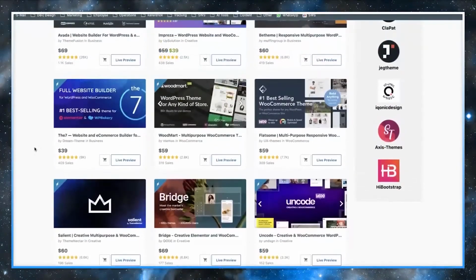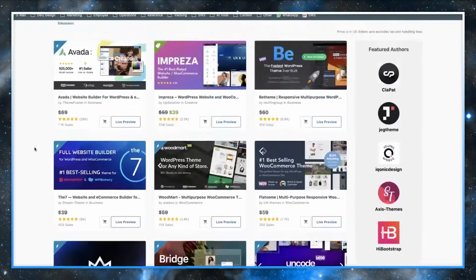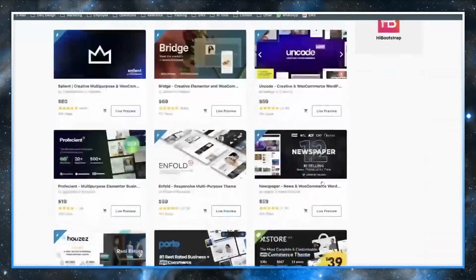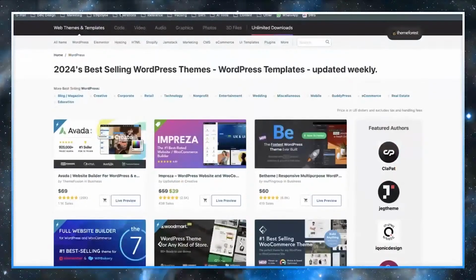Look at their designs and just start asking yourself, okay, cool, I kind of like this element here. I like this here. I like this there, and so forth. So you can learn a lot by just going into these. And again, you have live previews. So click into the live previews of all of these and just explore it.